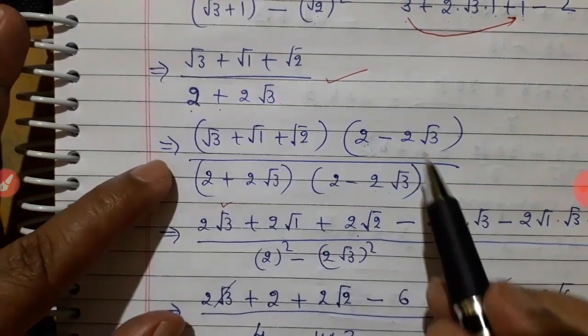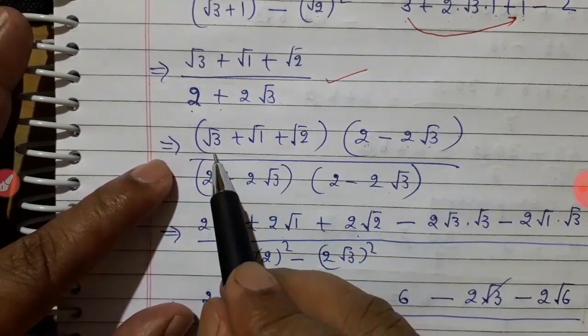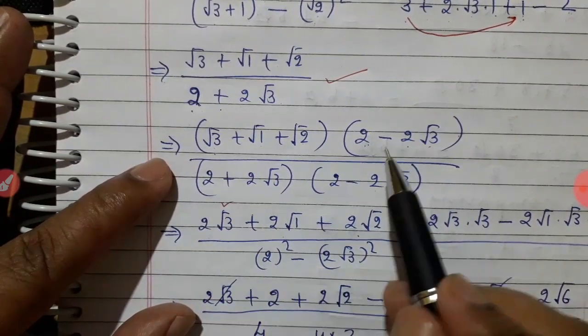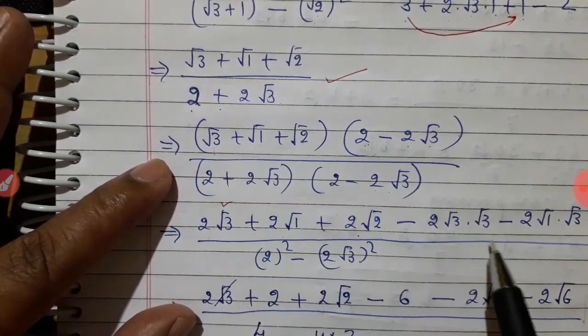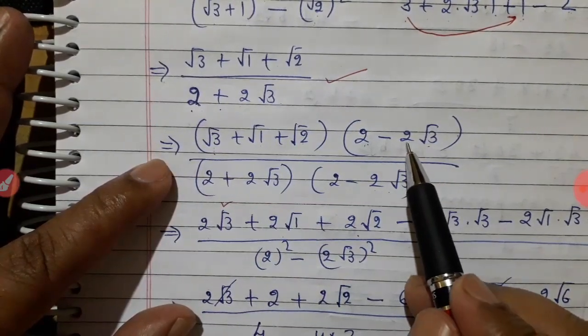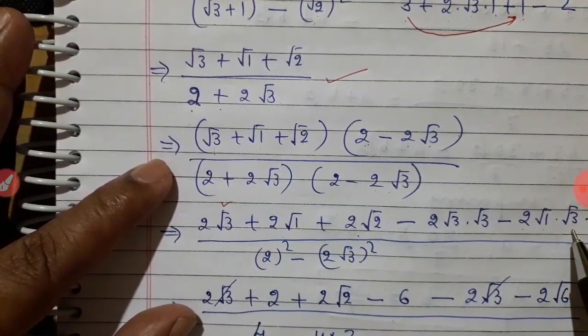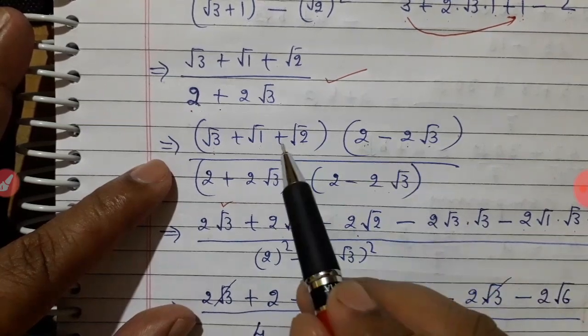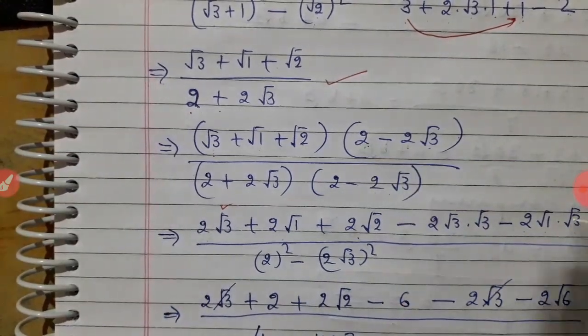Minus, now you multiply 2 root 3 with root 3, so 2 will come, then root 3 into root 3. Then next you multiply this number with root 1, so we have written minus 2 root 1 into root 3. After that, minus into plus will become minus, then multiply this one also,